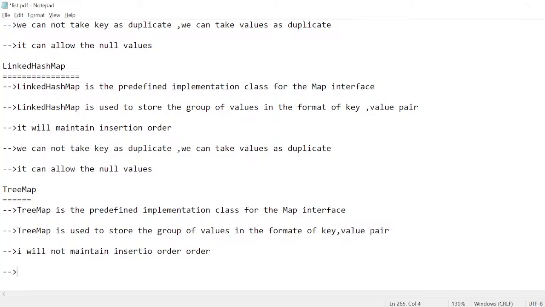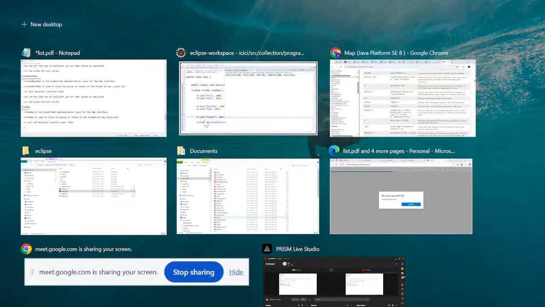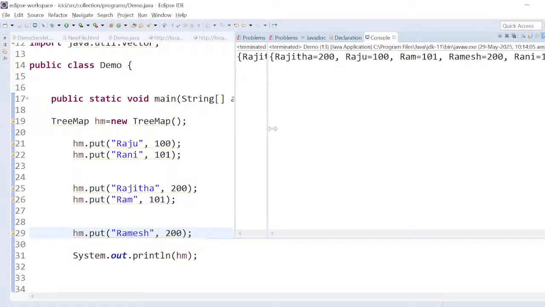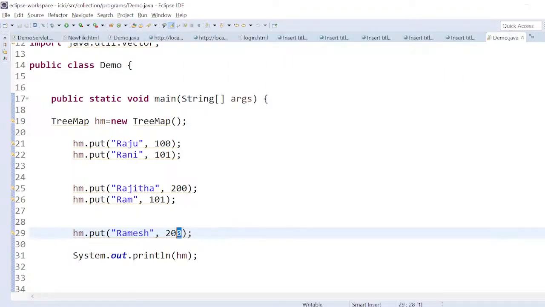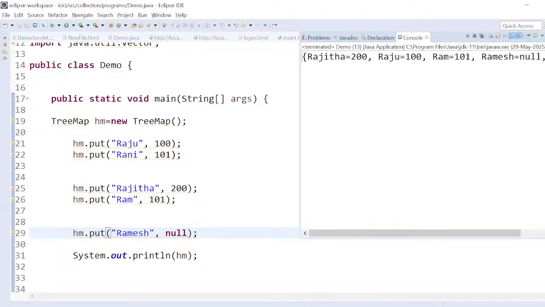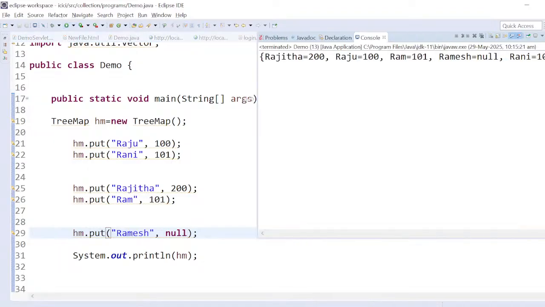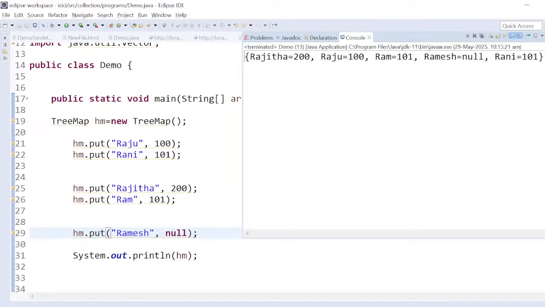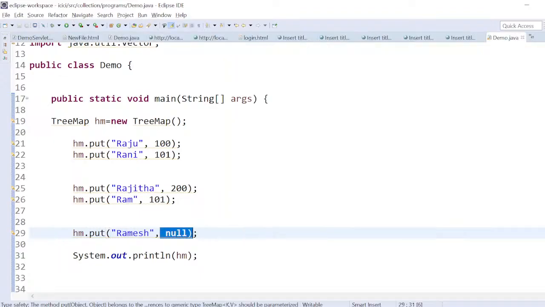Next point is, so it is taking only key as the null value, but it is not taking